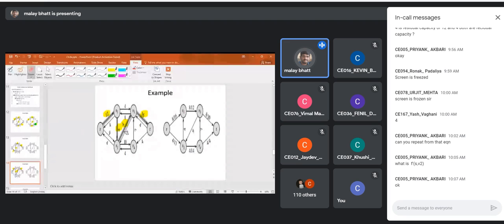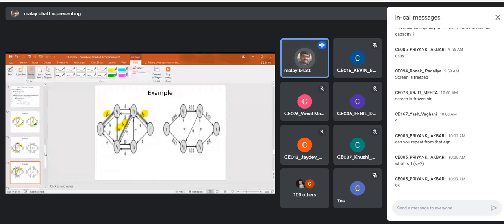And from V3 to T, it will be 8 and 20. Clear? Where 20 is the total. So the capacity from V3 to T will be 12, while residual capacity will be 8. Is it clear? In V2 to V3, we are already taking 4, so the capacity will be 0.